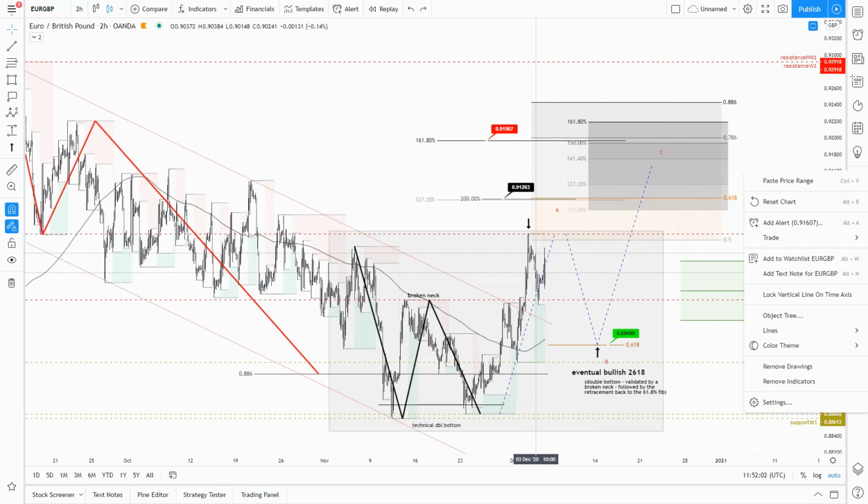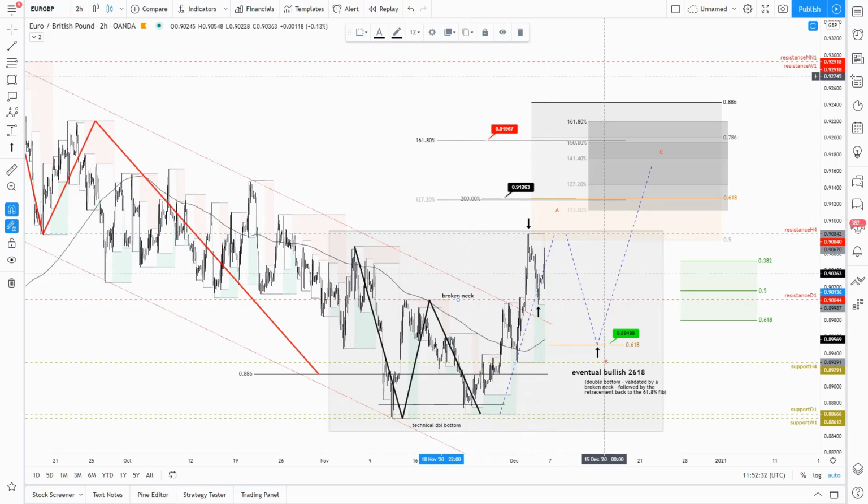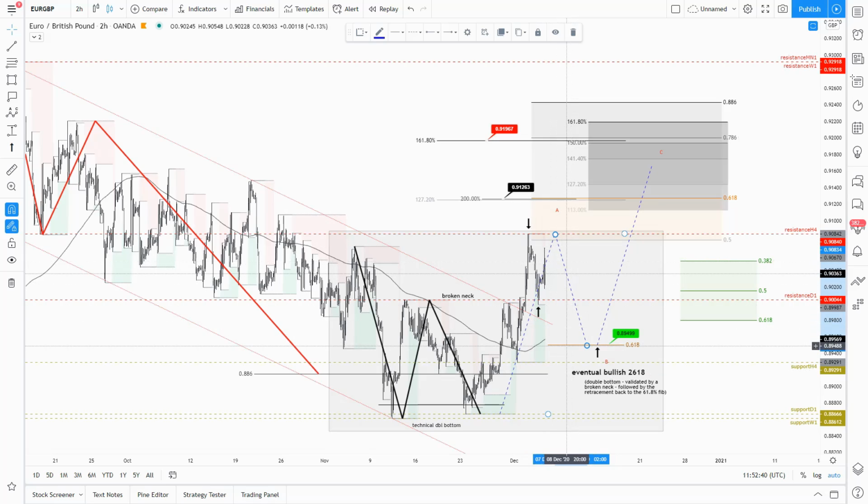So I still expect for that to happen if the market decides. So I'm not shorting the market, okay? I'm not shorting the market. In fact, for those who are trading that technical double bottom, this was eventually the trigger for more upside momentum, okay? A broken neck confirmation, and the rejection of that neck zone again now turned it into a support level, and eventually more upside momentum. But if the market decides to fall, I'm not saying I'm expecting more bearish momentum for the pair.